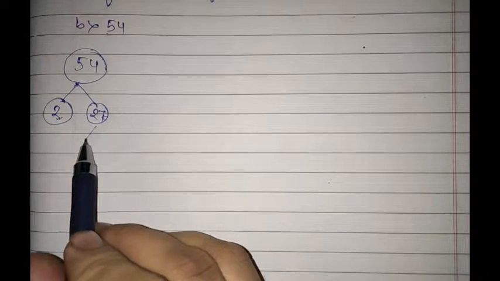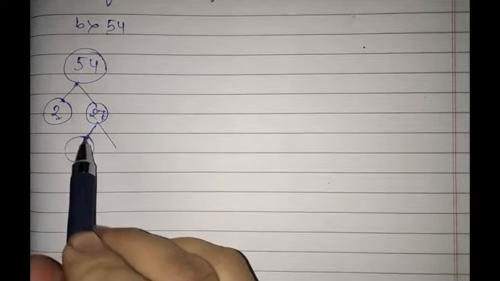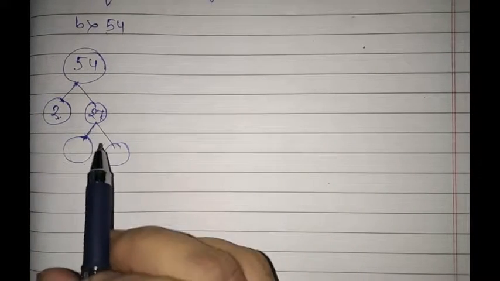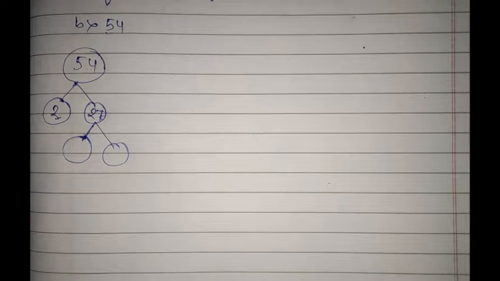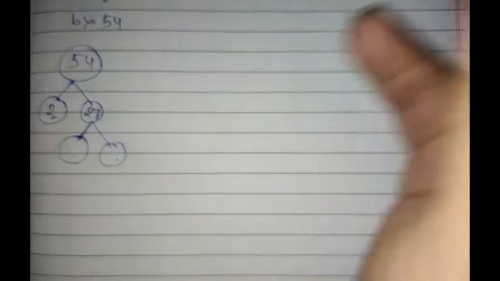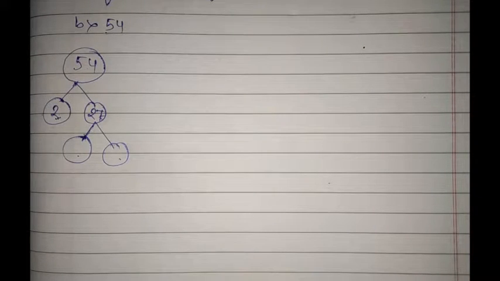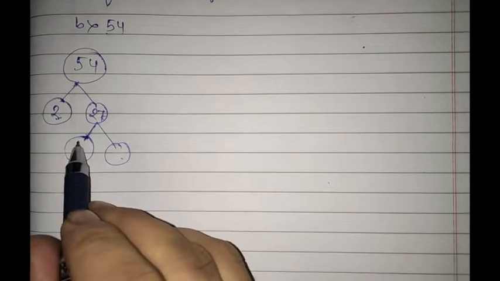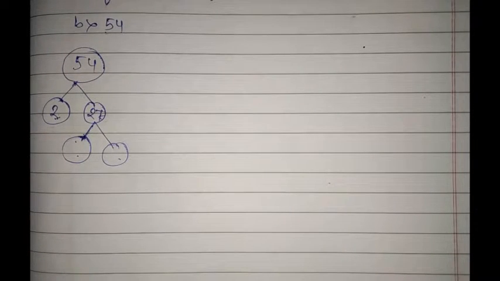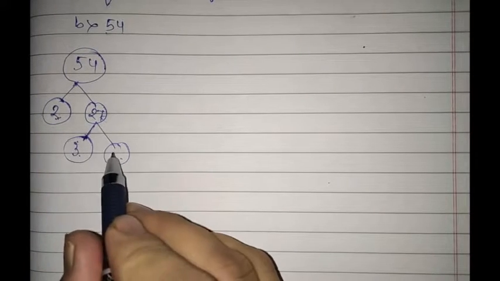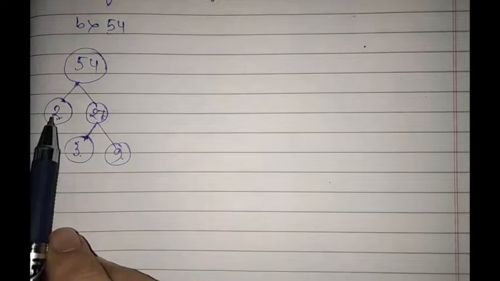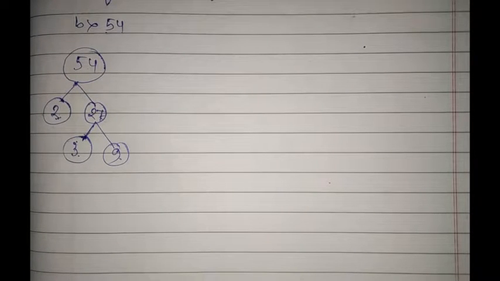Now 2 is prime, so it cannot be expanded. We are not going to use 2 for finding the factor of 27, because 2 cannot divide 27. We cannot write 2 into 13 point something; we have to write natural numbers. So you will use the next prime number after 2, that is 3. 3 9s are 27. Many times you may not get 2, and you have to use 3 instead. If 3 is not possible, you will use another prime number, 5.